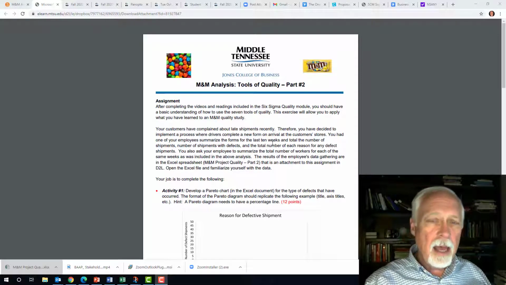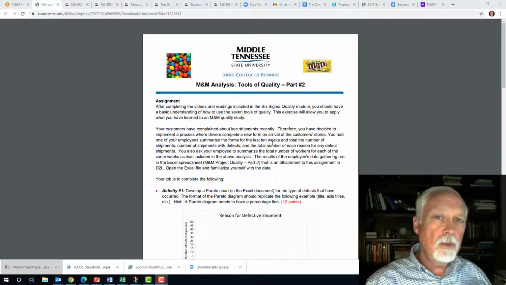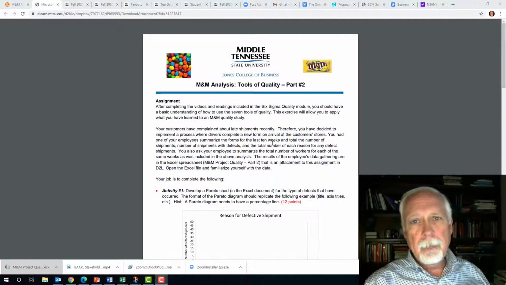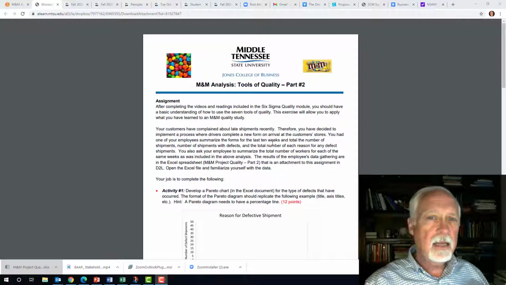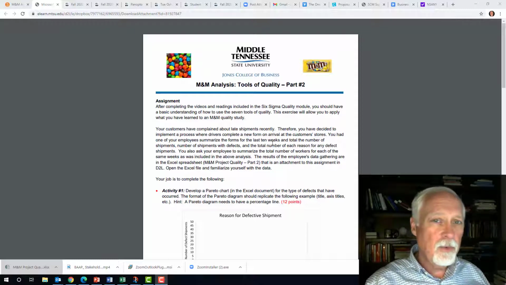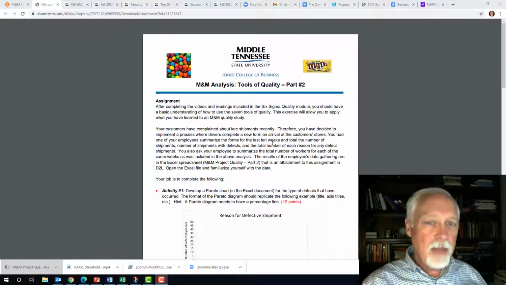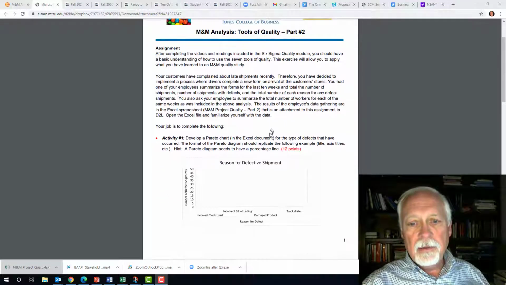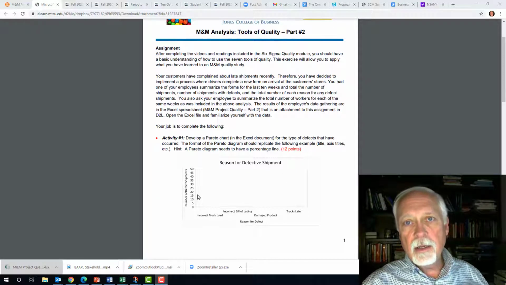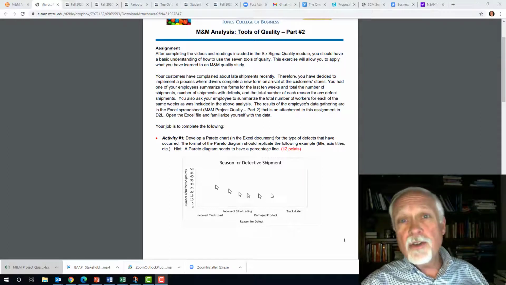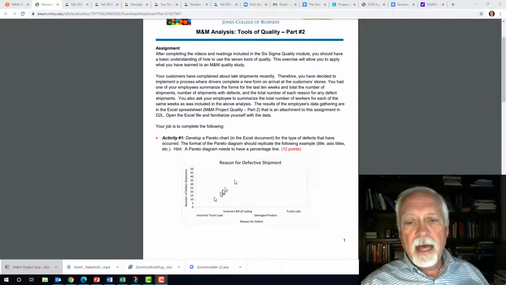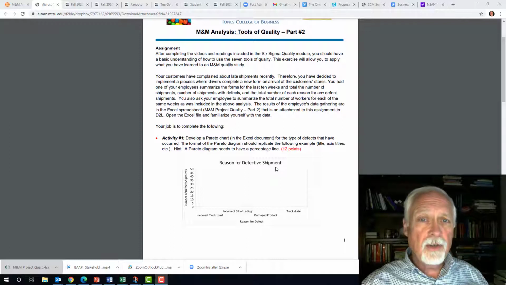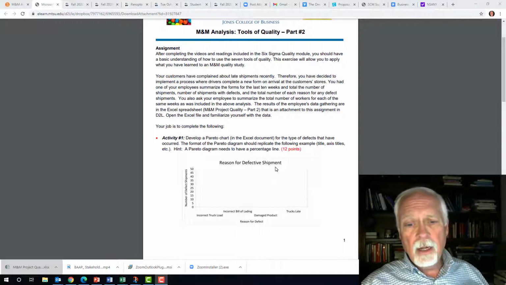And in this problem we are essentially using two tools. One is a Pareto chart, and the second is a line chart. And the reason why I sort of hesitated on that will be apparent a little bit later. So the Pareto chart is a decreasing frequency distribution or bar chart with a cumulative percent line chart imposed on